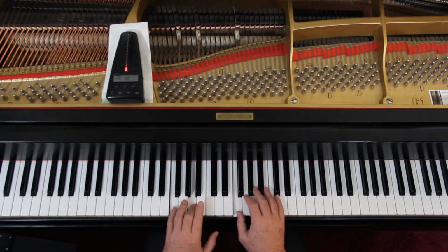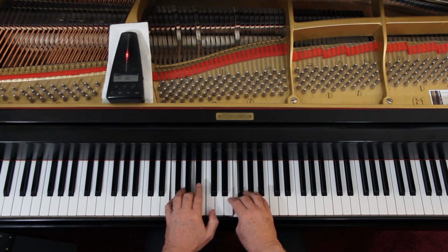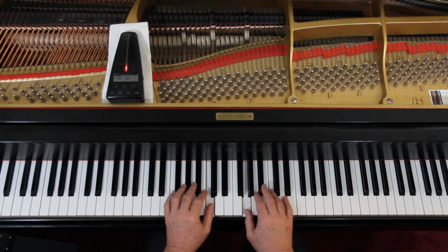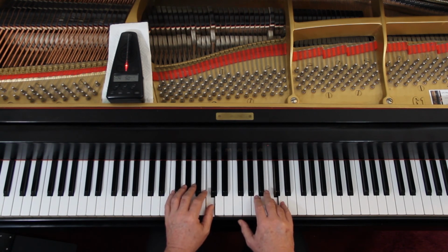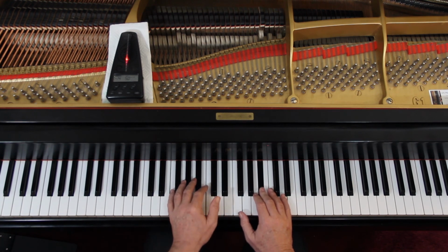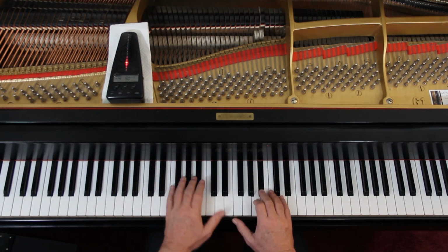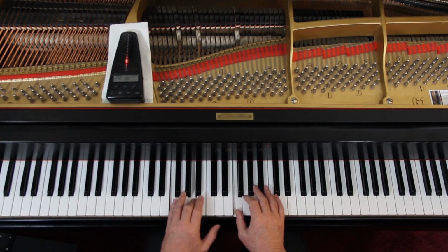up to the top of the page. This is the 7th day here. And 2 and repeat. Now go on. 2. 1, 2, 3 and 4 and last ending. 2, 3